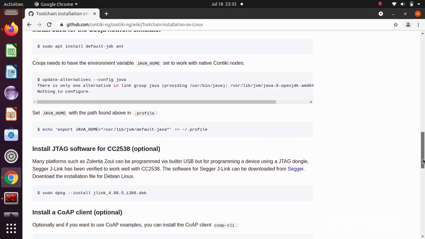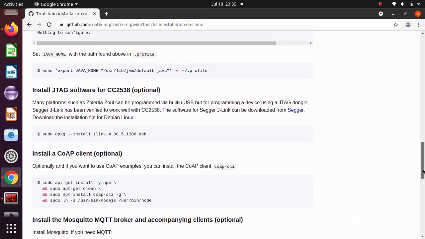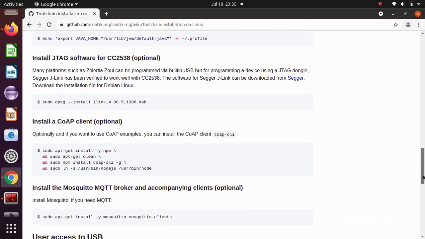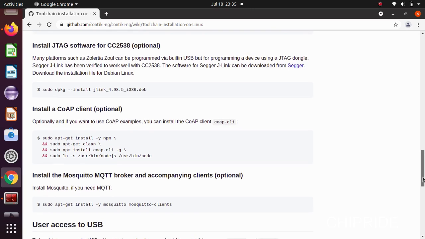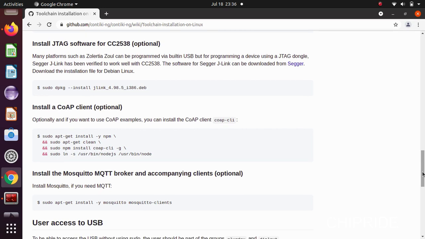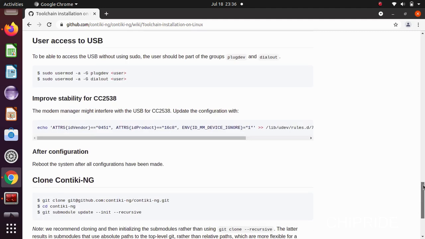And then this is for the USB settings for the hardware platforms. If you have the hardware platforms, you can use it. As far as for our purpose, we are going to use only the software simulation.